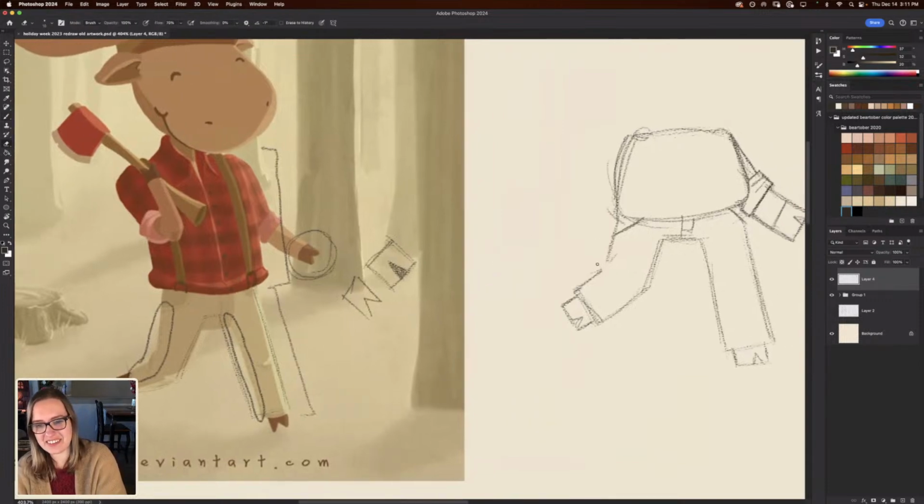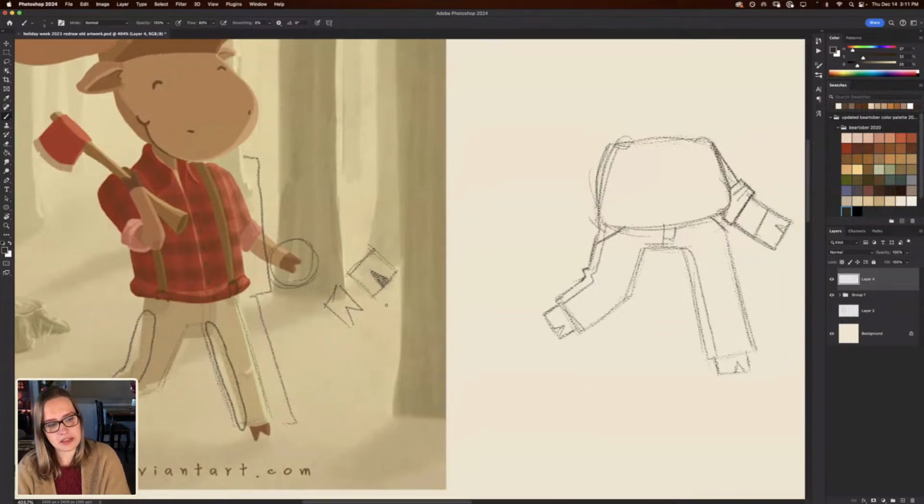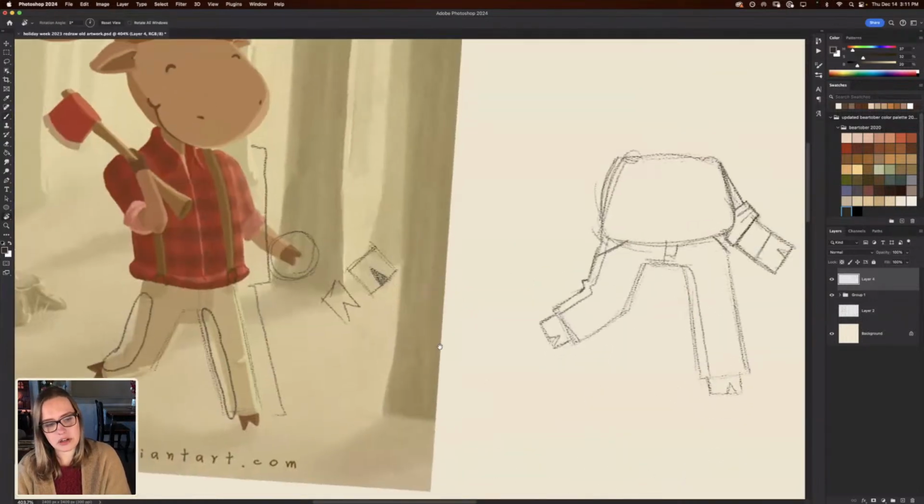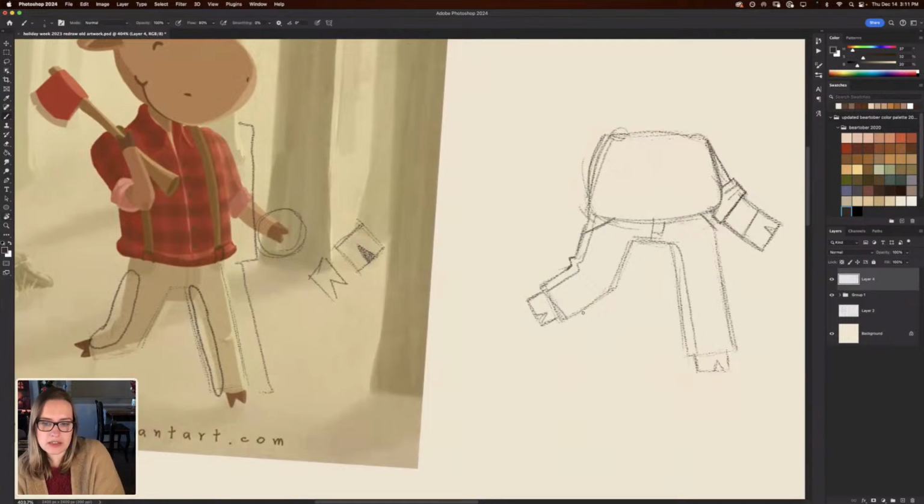So we're going to draw in his little stitching lines, but we are going to do it like this. Just one single little line. And I think I could also give little cuffs to his pants, which is something that I didn't do back then, but I do a lot now. Give little cuffs like this.